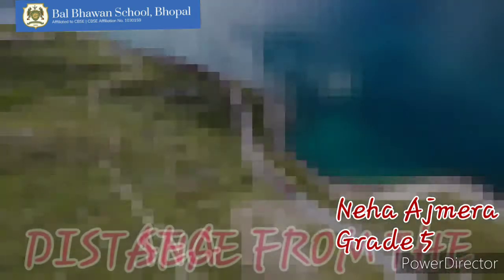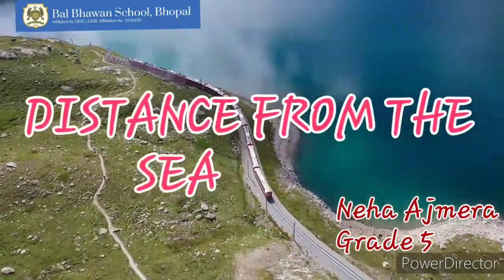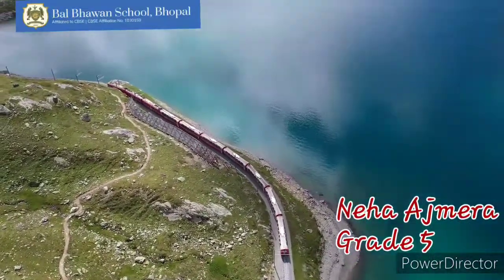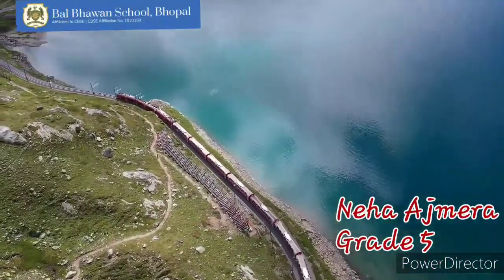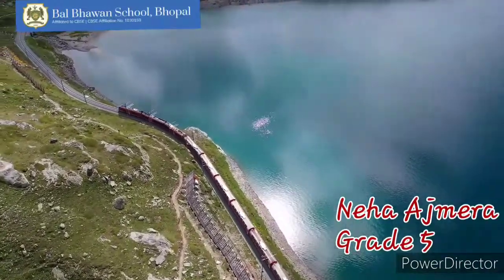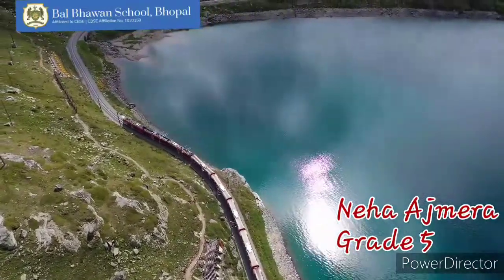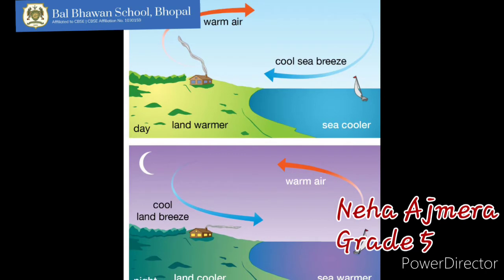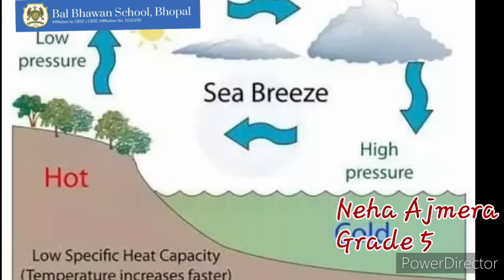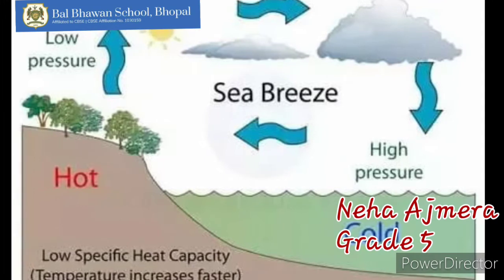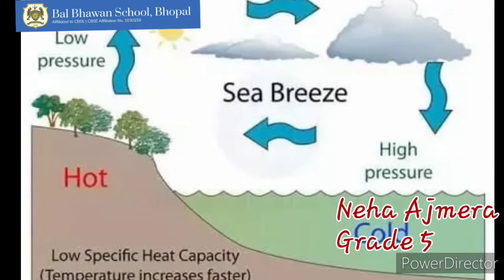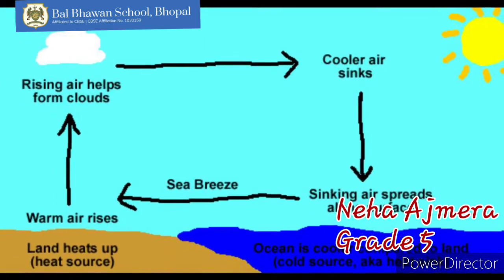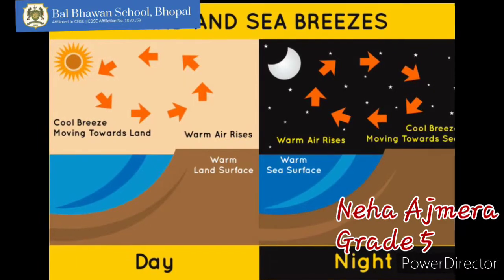Distance from the sea. Places near the coast have a moderate climate. It is neither too hot nor too cold here. The sea is cooler than the land, and so the air over the sea is cooler than that over the land. This cool air is called the sea breeze. It blows from sea to land and makes the land cooler. And the places which are far away from the sea do not get sea breezes, so they are extremely hot in summer and very cold in winter. Such a climate is called extreme